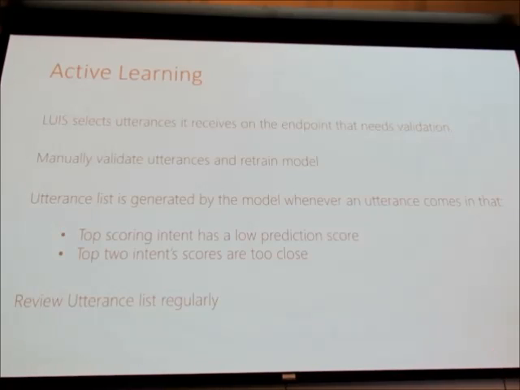So active learning is a manual process where you'll go in, you'll look at all the utterances you did poorly on, and you'll manually put in, okay, this was supposed to be this intent, this entity type was supposed to be this entity type, or you failed at recognizing Ryan as a name, and you put the person name manually, and then you retrain your model, and hopefully it gets better at those utterances. It is a manual process, but it is the easiest one to go with, and it's really good to review this regularly as a maintenance cycle.